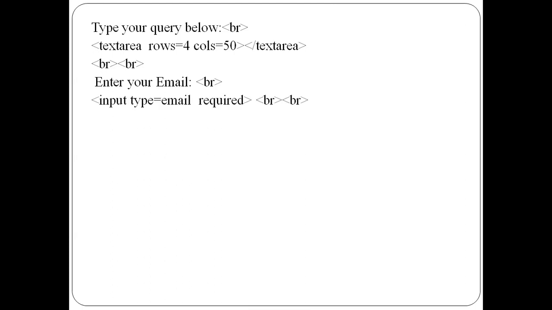Again line break. To accept input for email, I am going to use email field. So that's why I am writing this input type equal to email. Okay, it defines a field for an email address. The input value is automatically validated to ensure that it is a properly formatted email address. Again I have used over here required attribute. Okay, required attribute specifies that this particular email field must be filled before submitting the form. Again 2 times BR tag.